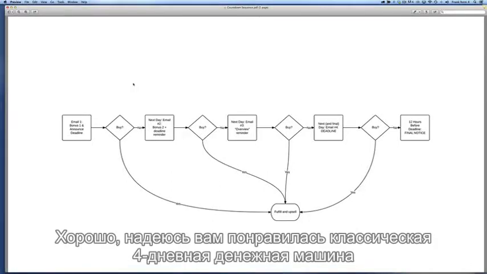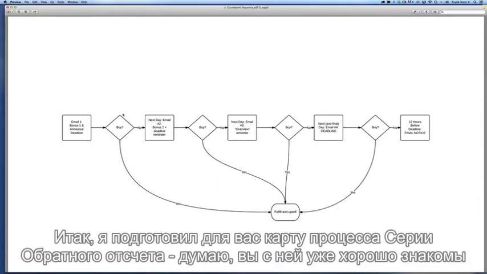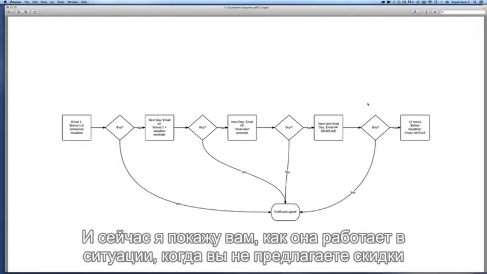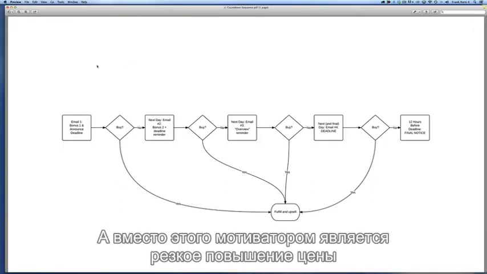And I hope you enjoyed the classic 4-day cash machine, and I thought now in this video I would show you another twist on the same structure. So what I have for you is a countdown sequence process map, which I think you're already very familiar with, and what I'm going to do is walk you through how this works in a situation where you are not offering a discount such as half off, like 4-day cash machine, and where instead the motivator is an impending price